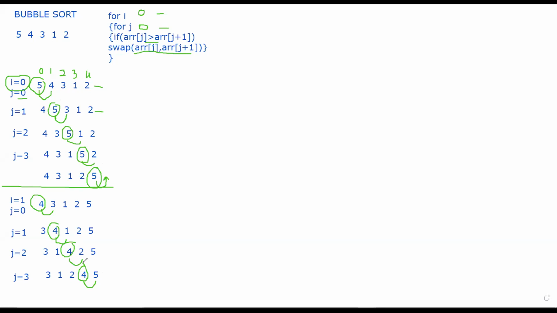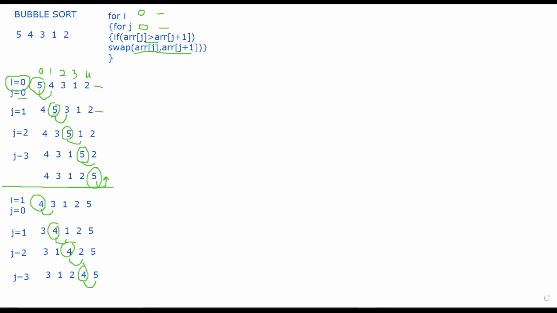Okay, what are we doing over here? We are bubbling out the largest element, the largest of all the values. I am taking the first value and putting it at the end. Now that first value can be anything. This first value has reached the end. Now this 4 also I am making it reach the end.